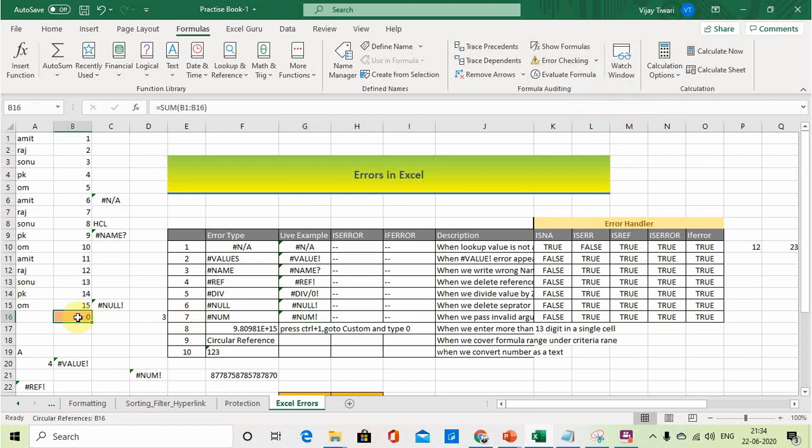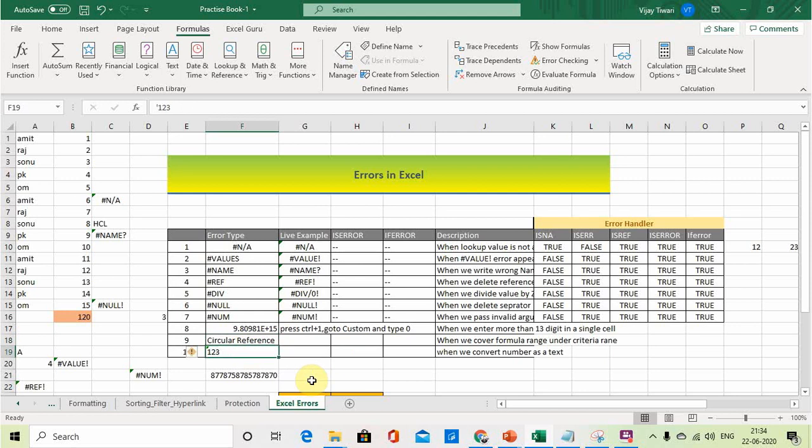If you click on this, it will refer to this. So what is the solution for this? Remove this range from the range. So don't consider the cell value where the formula is available. Till B15, now you will get the outcome. So this is about the circular reference. This is very, very important, you must understand that.